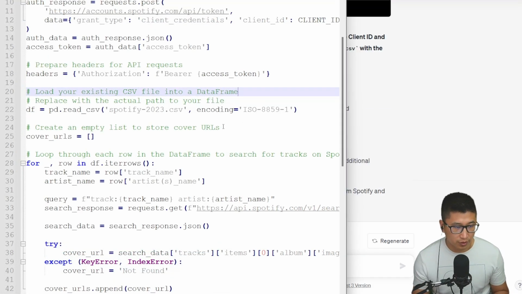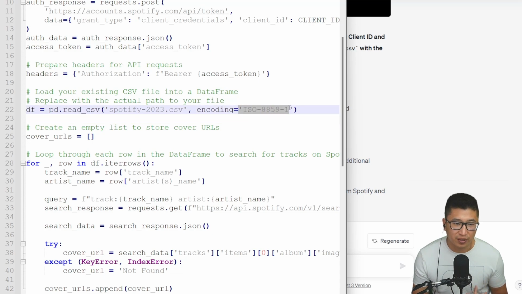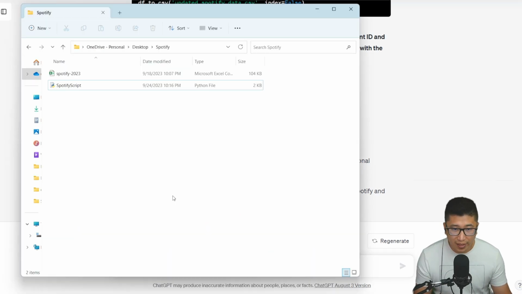One thing to make sure is that the actual piece of code that's reading your file has the correct name of the file and has this specific encoding, ISO 8859-1. I don't know why, but if you don't include this, Python has some trouble reading the file. One last thing before running the code is to make sure that your CSV file and your Python script are